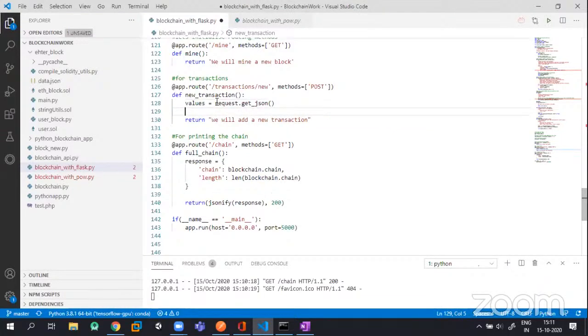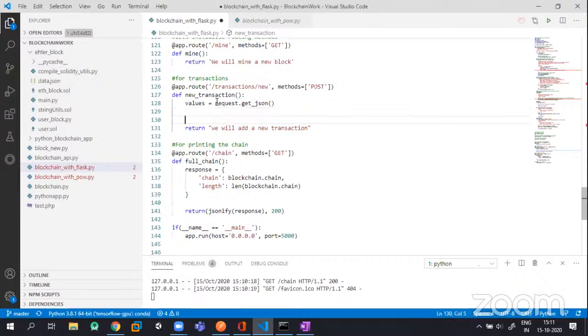Now next is, let's check the, guys you can unmute yourself. Thank you everyone. Now let's check that required fields are, let's check that